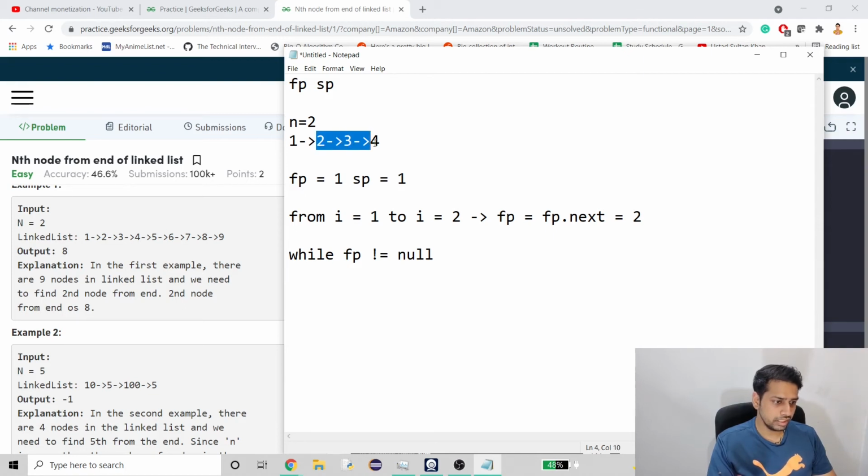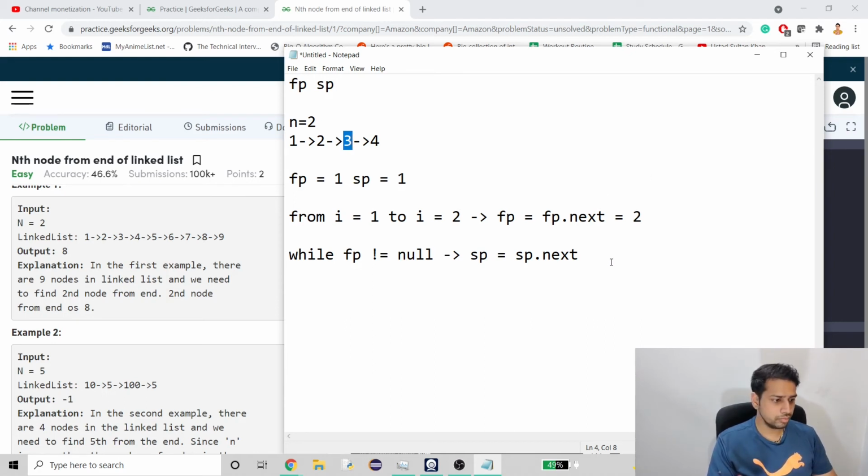Till this fp keeps going on, we will just do sp equals sp.next. So here if you see, right now sp is at 1, fp is at 2, so it is one node behind. So when this fp reaches 4, our second pointer is going to be at 3, and that is what we have to provide.